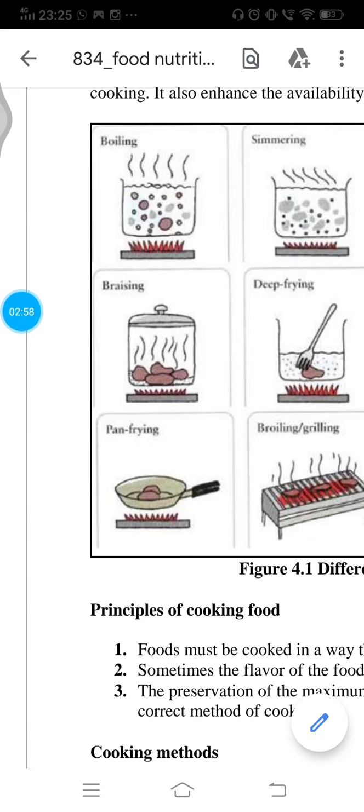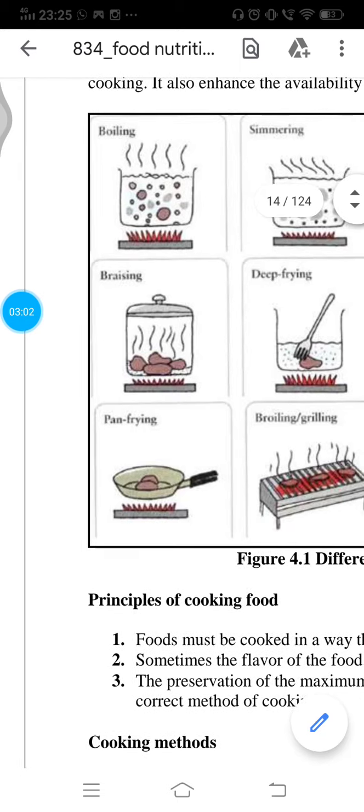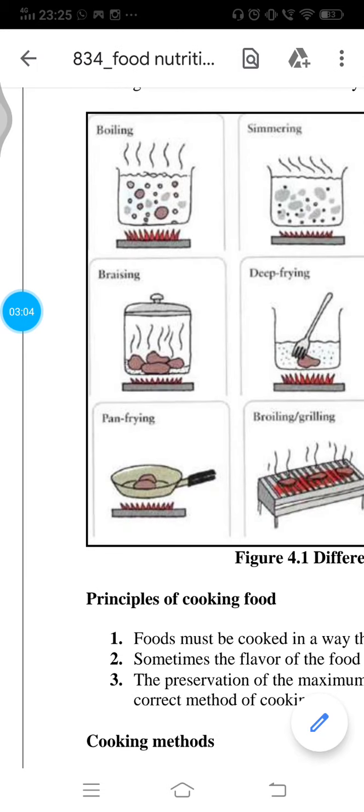Like you can see the recipe of chili paneer, which you fry first of all, and then you let it cook in the minimum amount of water, as much as you desire for your gravy or for the purpose of cooking.